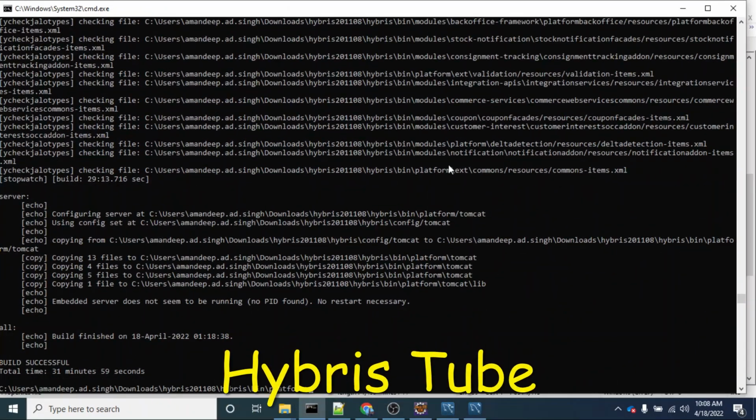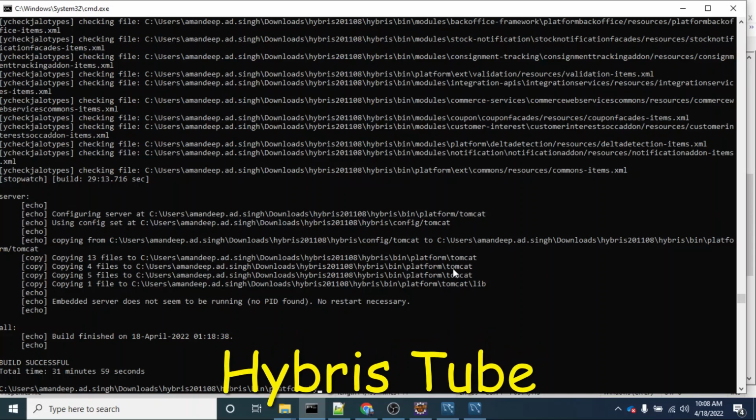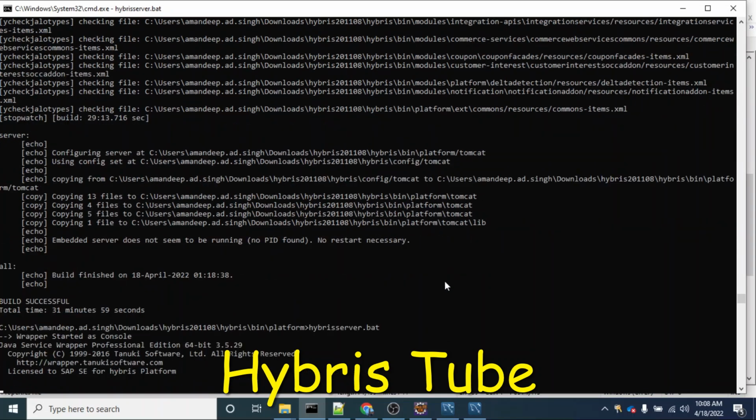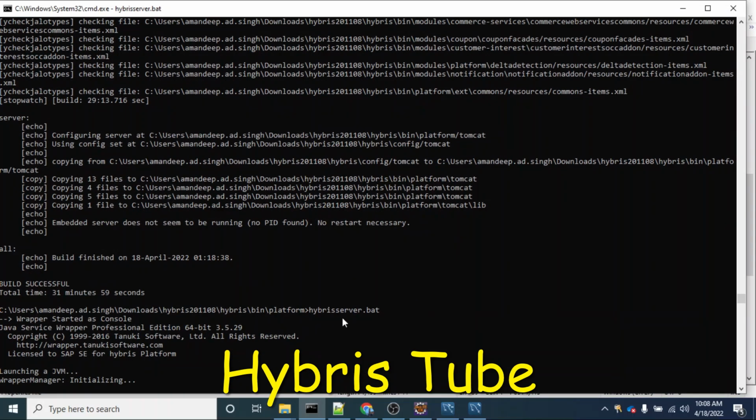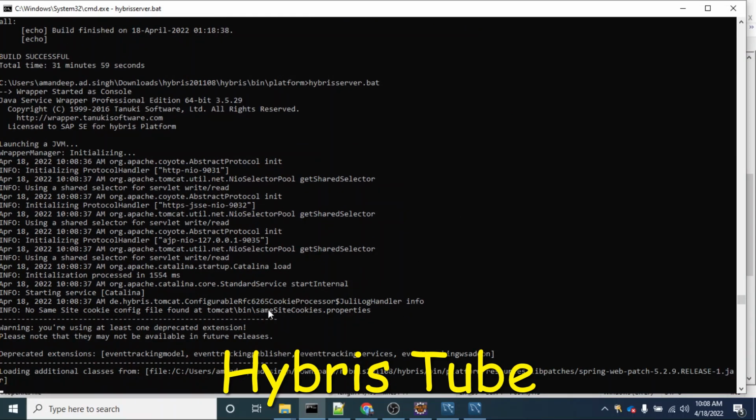So guys, now you can see the clean all command has been successful. Build is successful. Now I will try to bring my server up. I'm trying to bring my server up, and you can see I have fired the command hybris server.bat. This time it should connect with the MySQL DB, and in case some exception comes